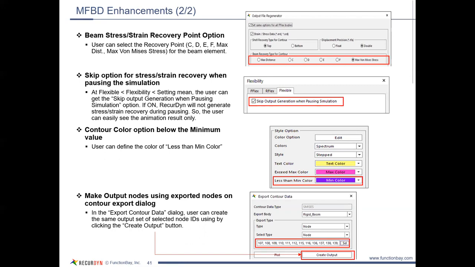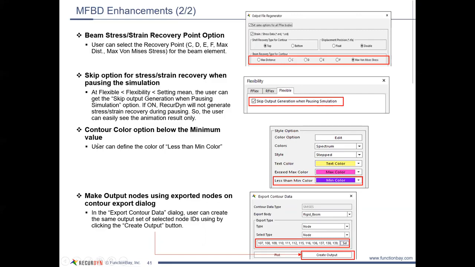So that's all logical and useful, but sometimes you have models where you want to pause and then check things out, but you really are not concerned about details on the flex bodies, and you don't want to wait for that generation task to occur with each and every flex body. So this is a new option here that you can skip that output generation, which also means you can't see the flex body results at that point. But again, some models you really don't need to see it at that point,